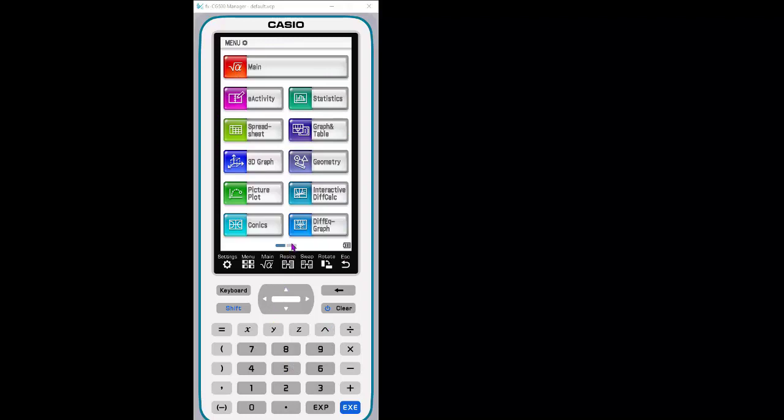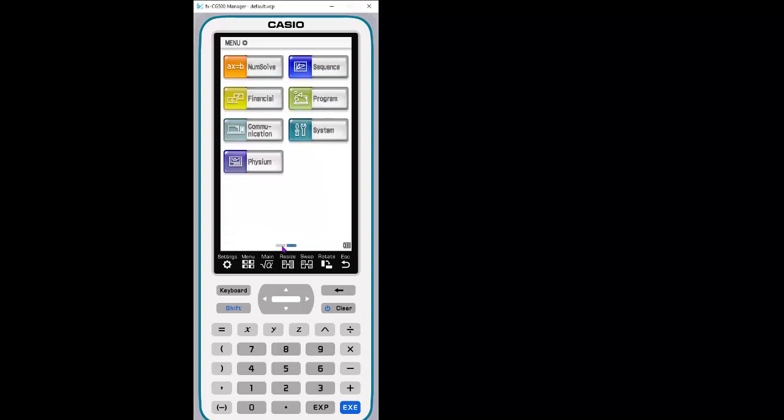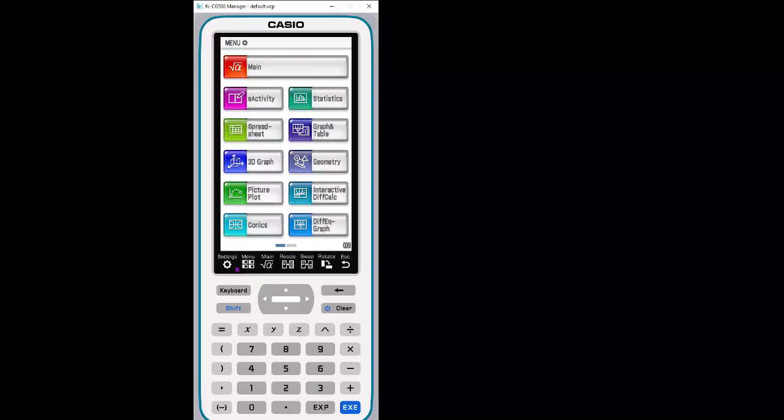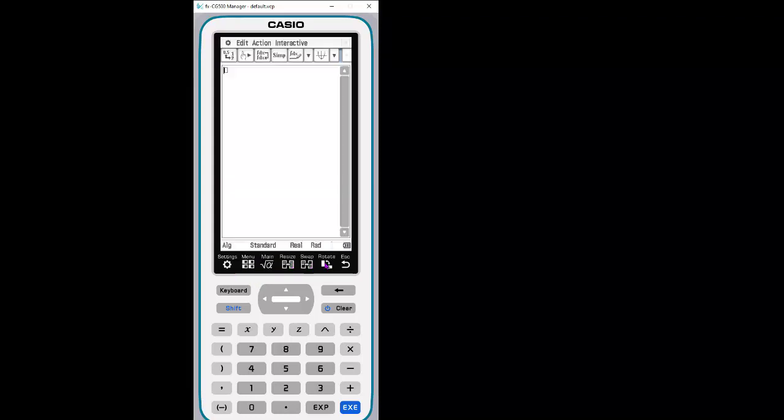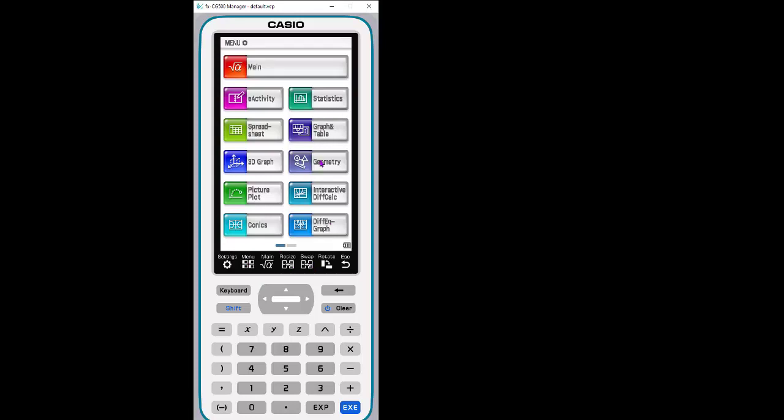It's nice because you have a really large screen compared to most other graphing calculators. It has a stylus if students are using it. They can easily use their fingers or the stylus to toggle back and forth and look at all the different memories. But we're going to go into the geometry tool. I'm going to first use it as I would with students who might have the handheld, and then I'm going to switch it to the resizable mode that is allowed in the emulator because then it makes the screen much bigger and easier to work with.